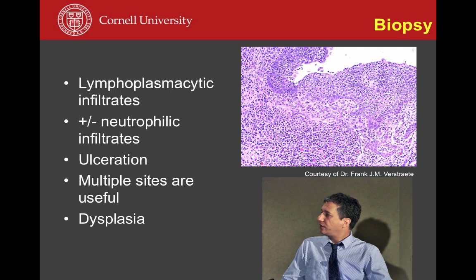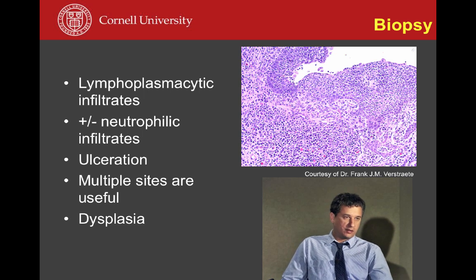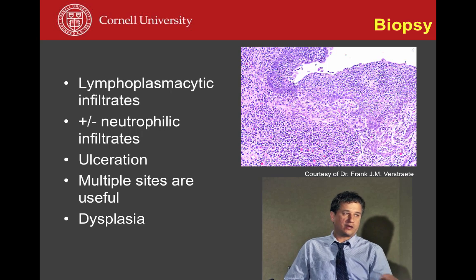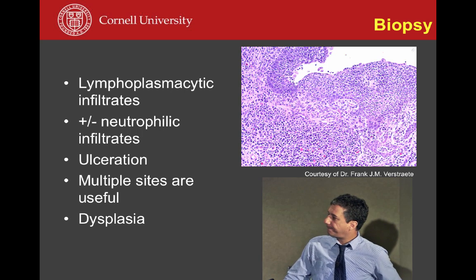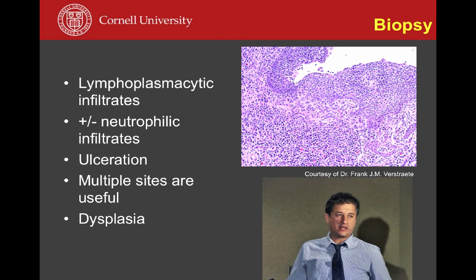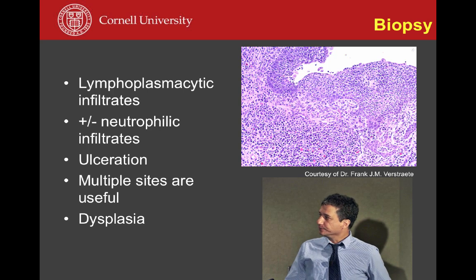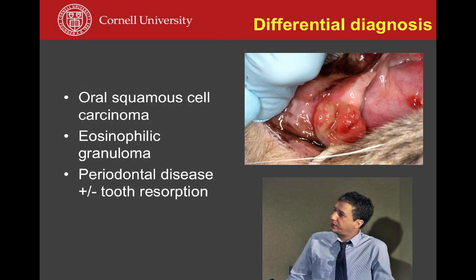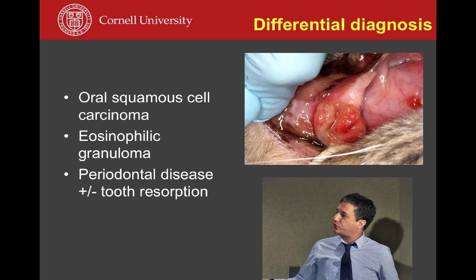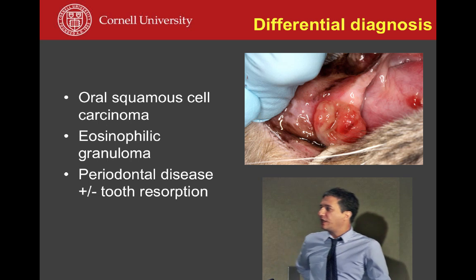In particular, the first two or most important rule-outs would include neoplasia, squamous cell carcinoma, and/or eosinophilic granuloma. In some cases, you will actually find on histopath signs of dysplasia, which is potentially an early sign of malignant transformation. These are the main rule-outs that I mentioned, and I included periodontal disease and tooth resorption because some of these